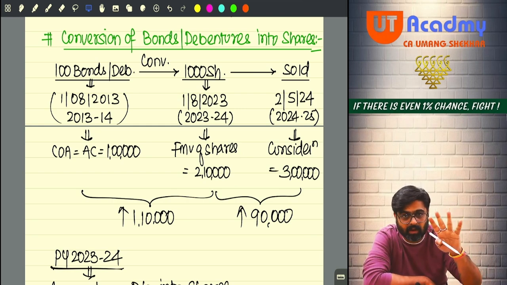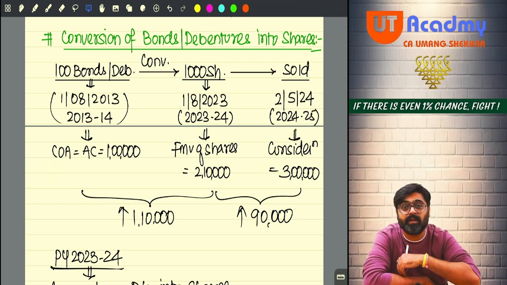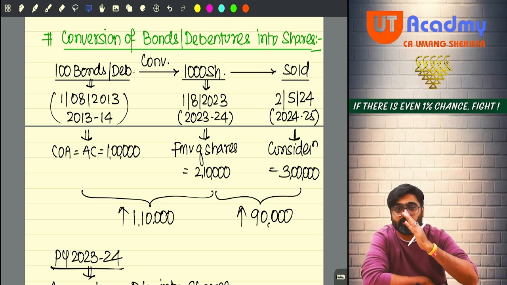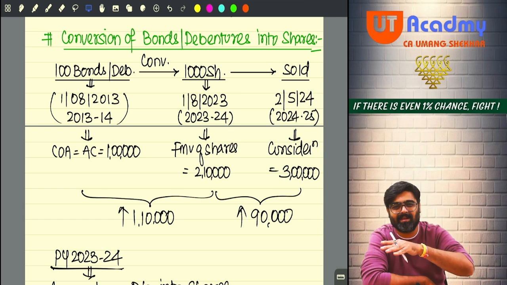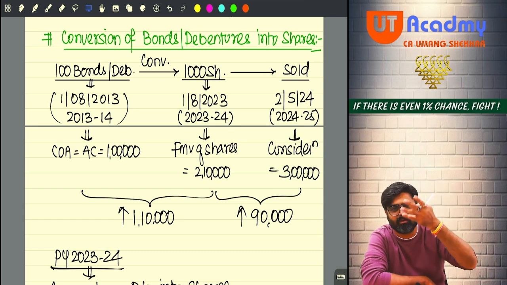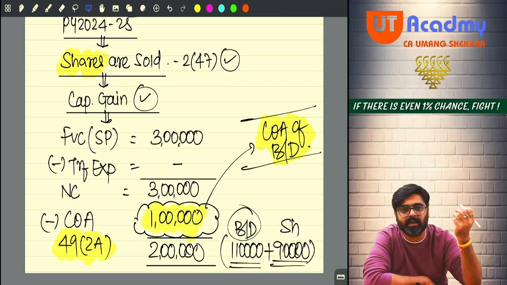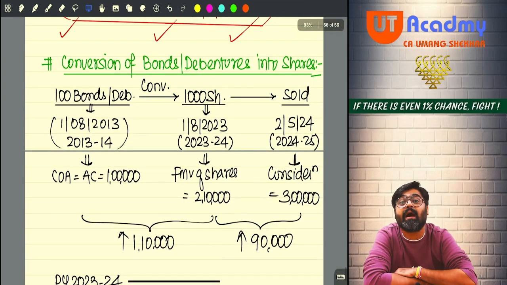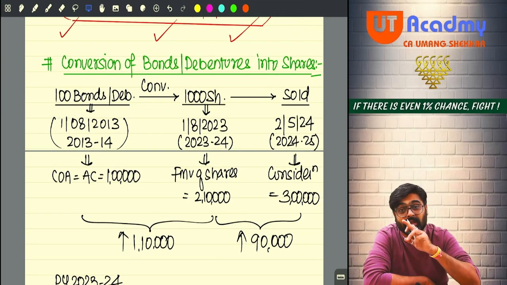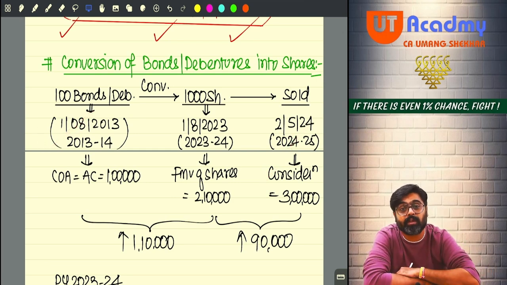Now the period of holding you come to know. Now looking at this period of holding, tell me, short term? If the entire period is less than or equal to 12 months, or 24 months, then the cost you have, 1 lakh, is reduced without indexation. But looking at the entire period, in our case, can you see the total period of holding from here to here is more than 12 months, more than 24 months?